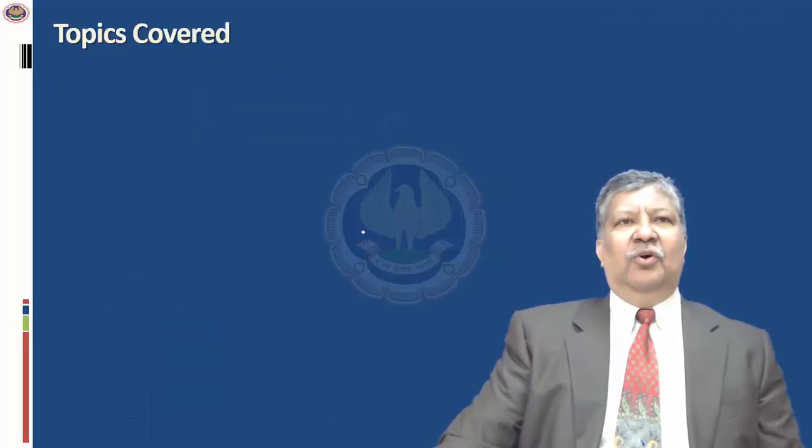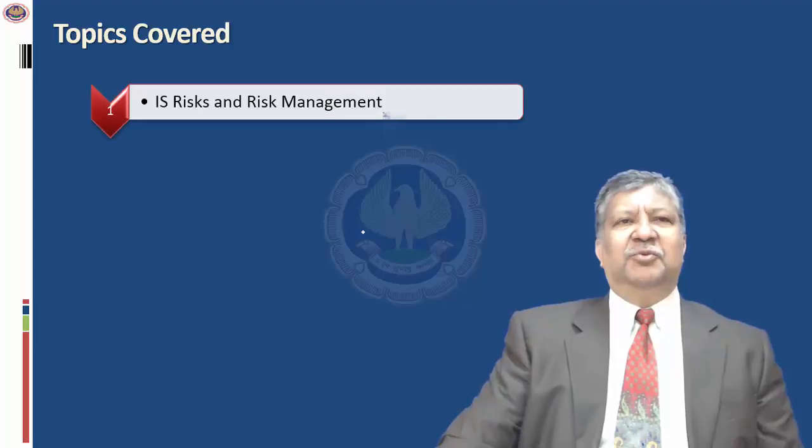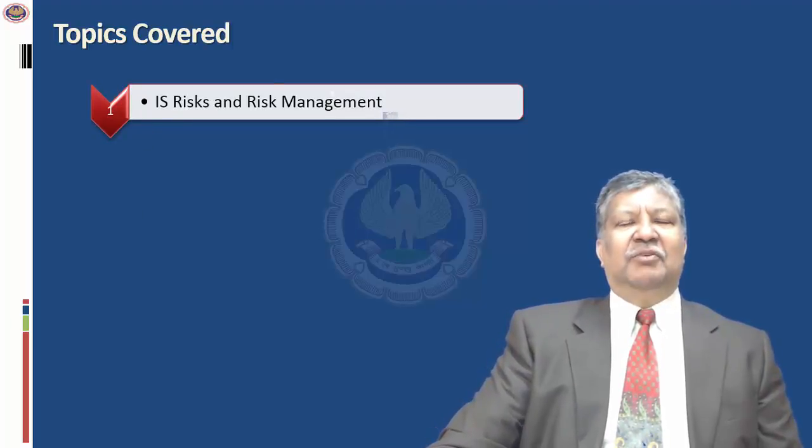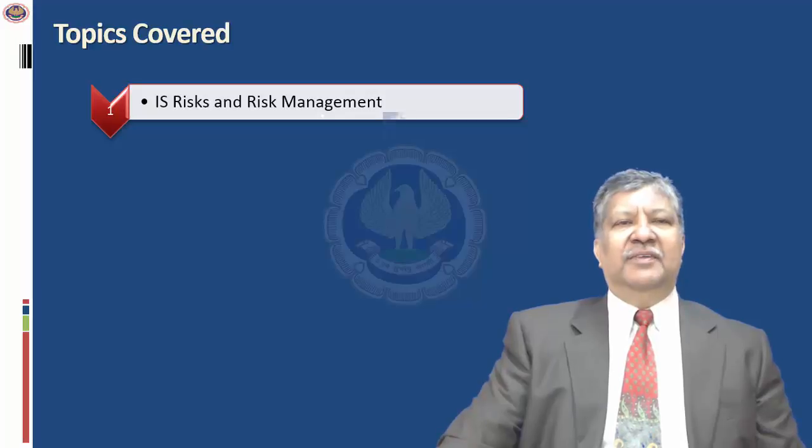Let's have a quick overview of the topics we'll be covering in this presentation. First, we'll understand what is this information system risk and the relationship of risk management. If you remember, the context of the ISCA paper is we are looking at all areas pertaining to information technology deployment in terms of the risk, security, control, and audit. The most important aspect of any enterprise to ensure that the goals are achieved is to manage the risk, and this is what we'll be discussing.